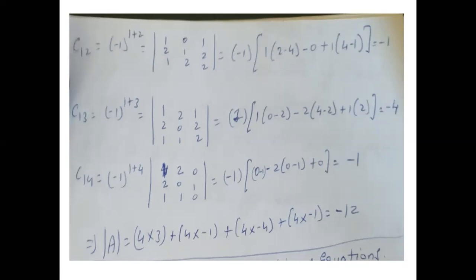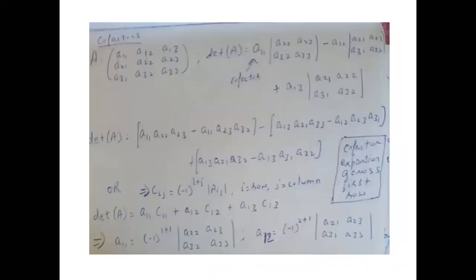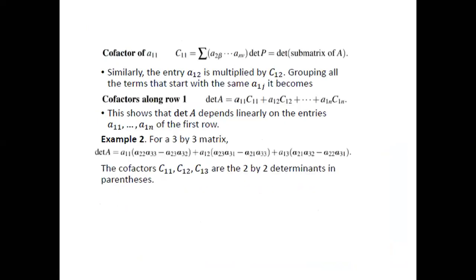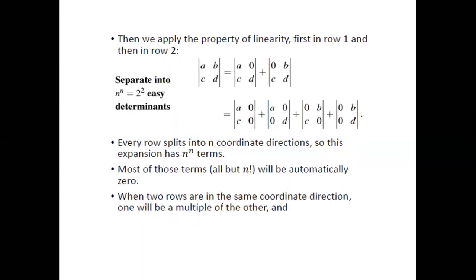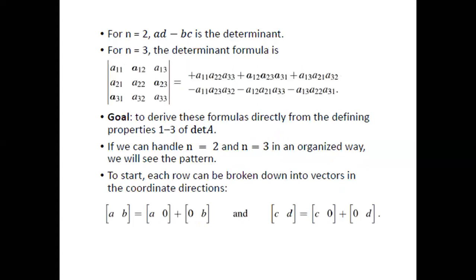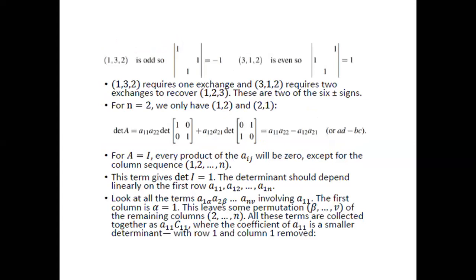In my opinion, a matrix greater than 3 cross 3 will not be given because you can see that finding the cofactor becomes tough if the matrix size increases, right? So I'm expecting only a 3 cross 3 matrix like this. Okay, maybe a 4 cross 4 matrix, but not beyond. Okay. So what I've done in the previous slides is I've given you the steps of finding the cofactor, which I have just combined and explained using the examples. Right? So I don't think they will ask you how to find the cofactors.